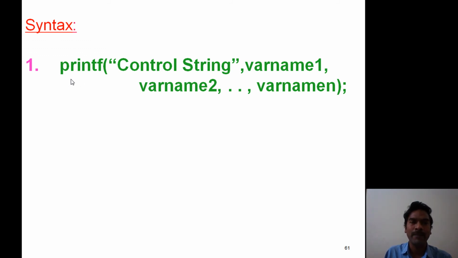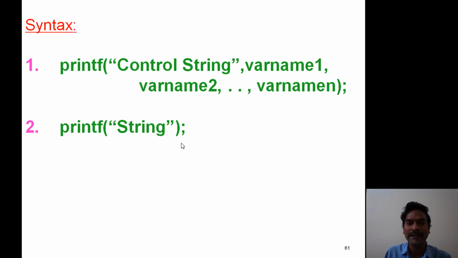Here printf must be in lowercase characters. Or another syntax: printf, left parenthesis, then within double quotation marks, string, then end parenthesis, and the statement must be ended with a semicolon.